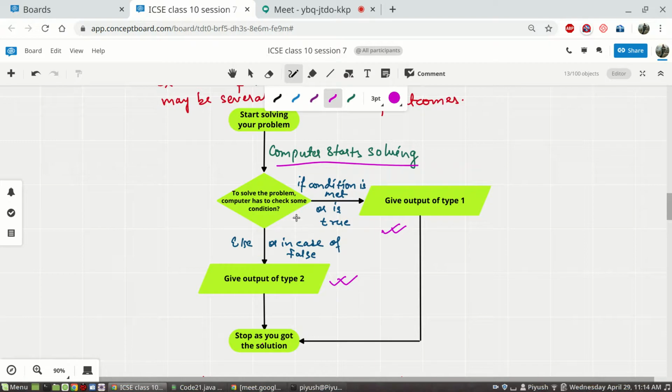Based on that, we arrive at a solution of one type or the other for the same problem. So it helps us make decisions in the problem.